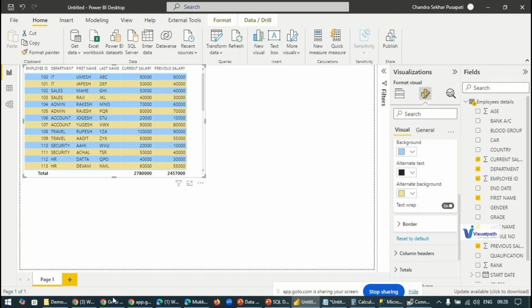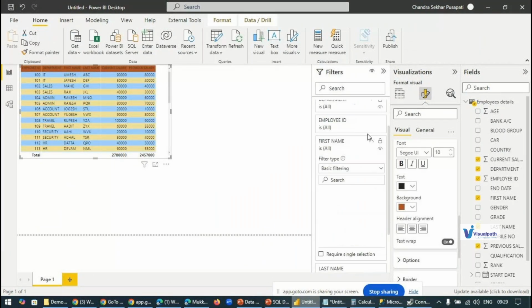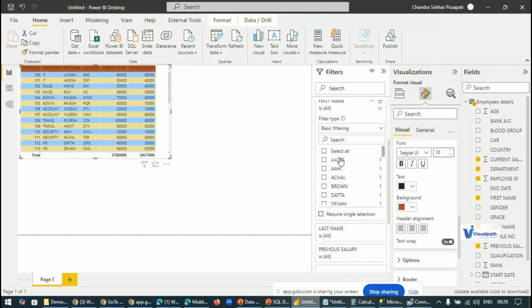From the table that you showed just now, if I want to unfilter some customer, like I don't want to see that customer in my table, how can we do that? Could you please show? You can go to the filter, and if I don't want this Brown, unselect this Brown.